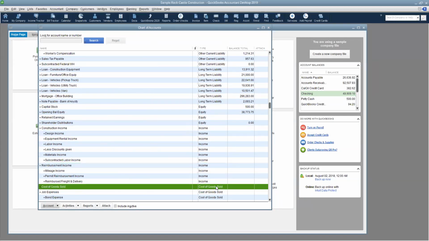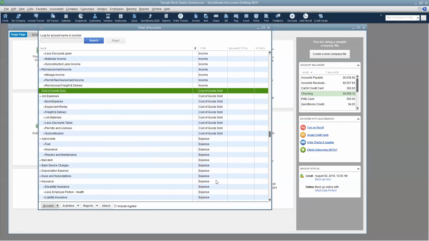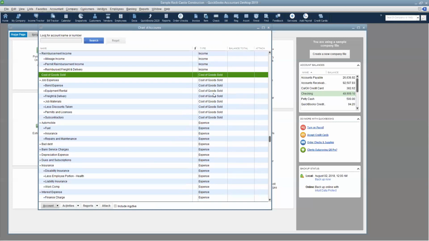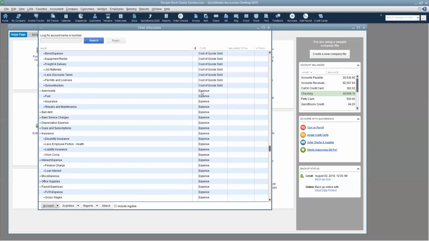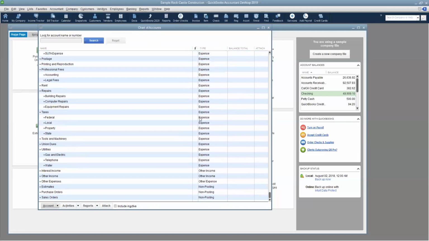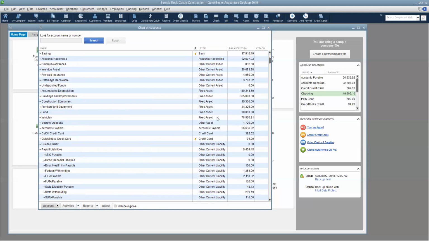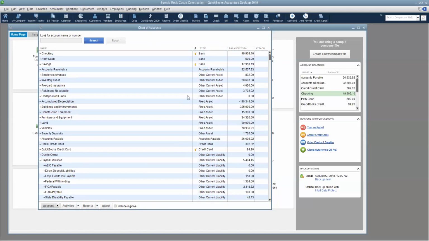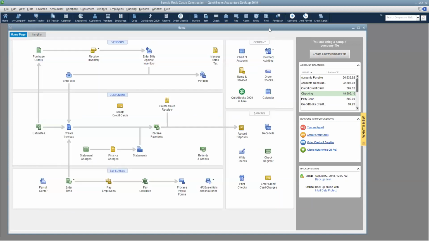Then cost of goods sold. If you're in an industry that has cost of goods sold, not everybody has to have cost of goods sold. But cost of goods sold is just another form of expense. And then we have our expenses, and then we can have other income and other expenses. But if this chart of accounts is developed properly, it will give us nice financial statements for